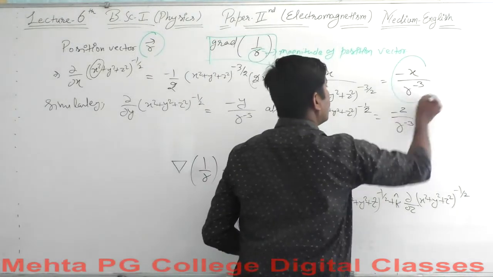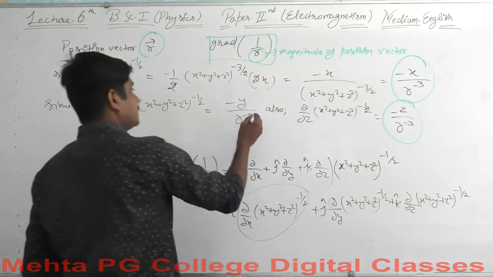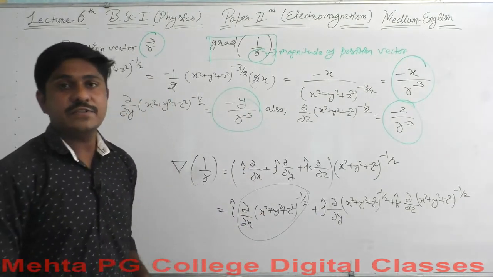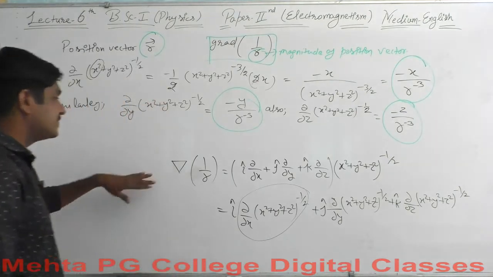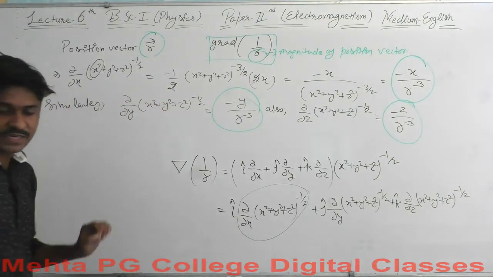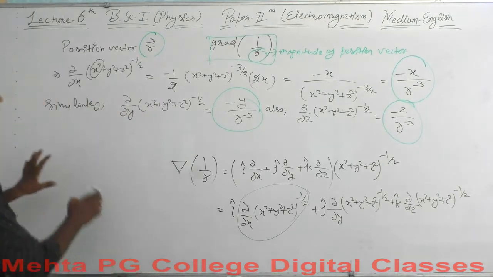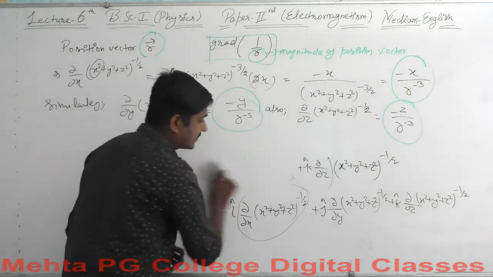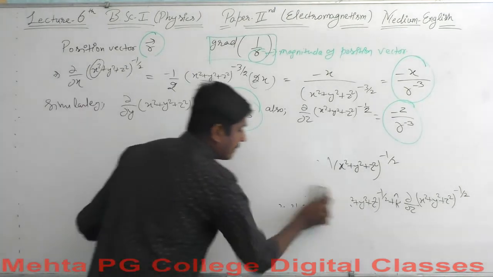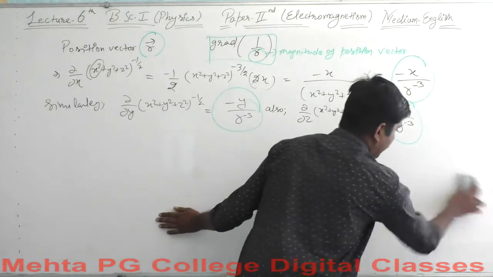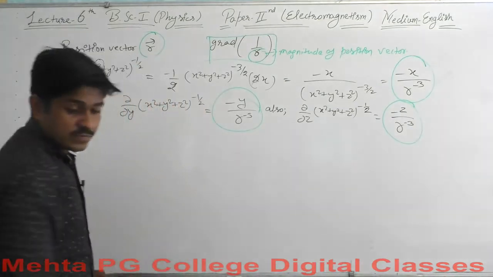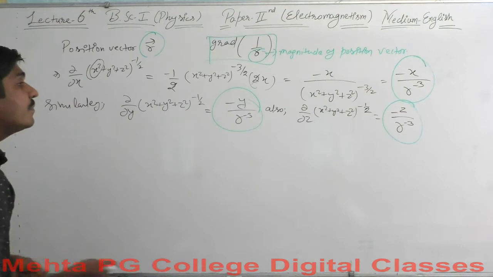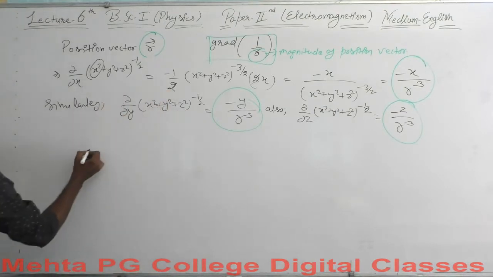We will use all these three values here in this equation, and we will find out the value for del 1 over r. We will find out the gradient. So using all these values, I think I should clear this off, and then we will proceed further. Okay. So let's say the value using here, the gradient